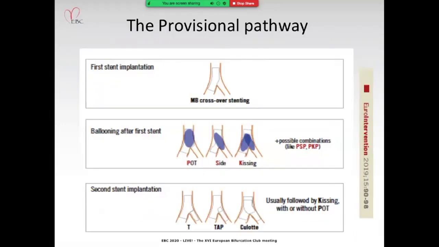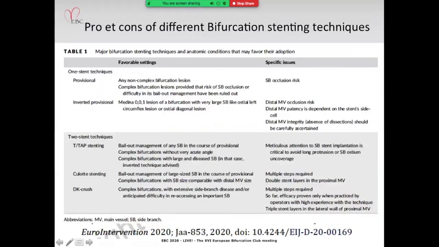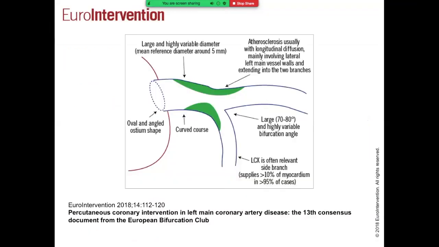Okay, so after having implanted the stent and manufactured it the way we want it, it's possible to move further on if we need more stents, either with a T-stenting or a culotte, if needed. But there are other possibilities, as we can see in this quite busy slide. The DK crush technique is a 2-stent technique up front, which actually doesn't leave the possibility to have only 1 stent. But also in these situations, it's important to have a proximal optimization in the left main, for the reasons